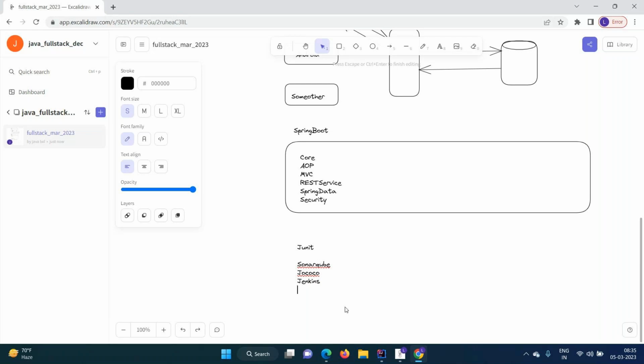And not only that, these days, whenever everybody is building applications, they are packaging them. They are doing the containerization. For that, we use something called Docker. We are going to use it here. How to Dockerize your application? We will also teach that. We are not going in depth about that. Once you build an application, how are you going to Dockerize it,